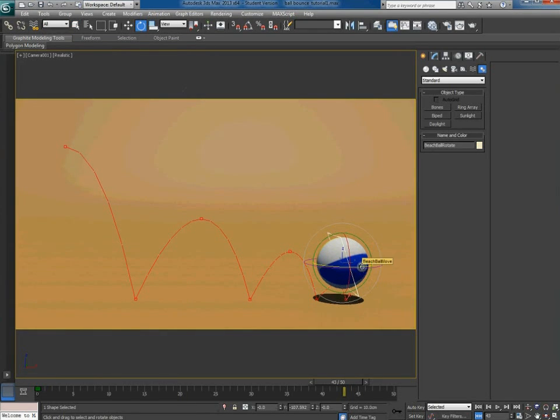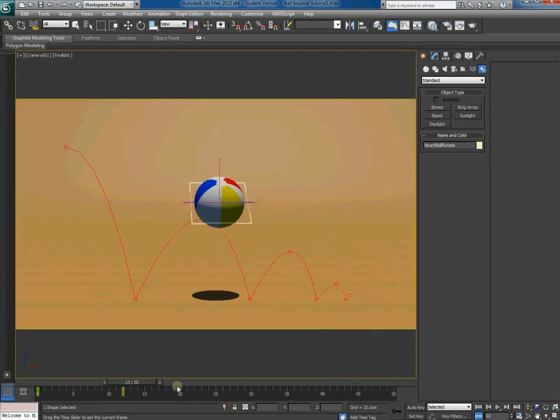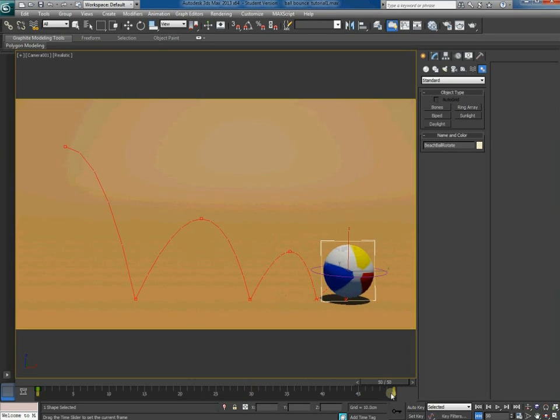If you want, when the auto key is off, you can rotate this to decide what side you want to be seen. And then once you're ready,